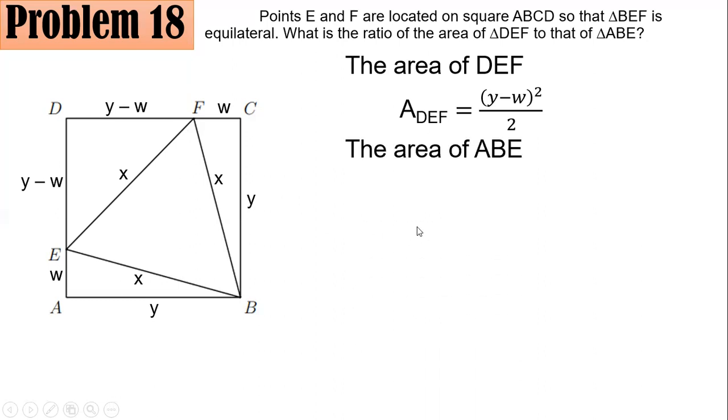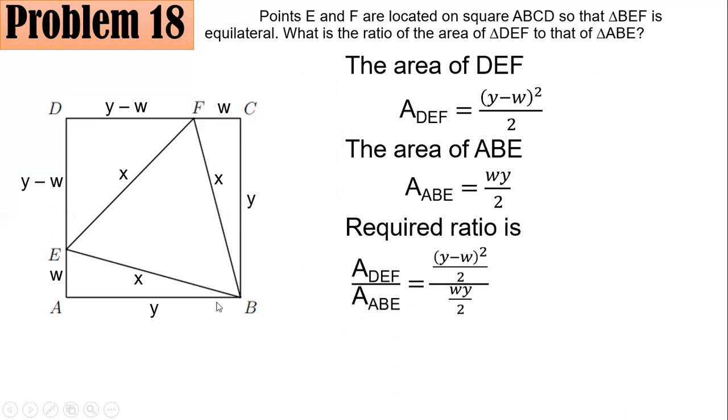The area of triangle ABE, this one, ABE, has base y, height w. So that's y times w, or wy all over 2. I'll just interchange, we know the commutative property. Also,